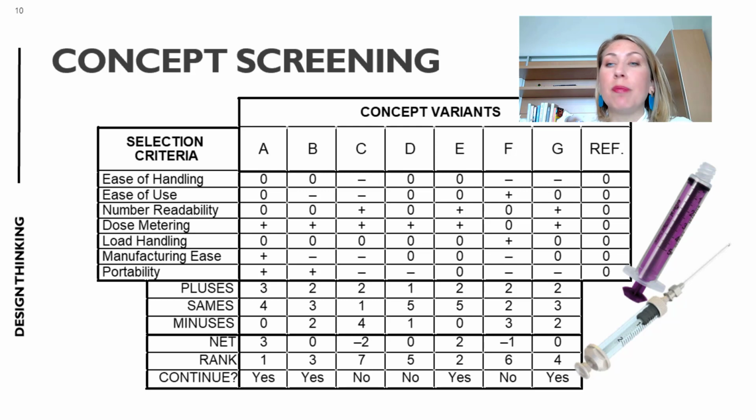So in this example, we're looking at the new design of a disposable syringe. It doesn't matter what, but in this example, the reference concept might be the syringe design that is currently in use. Okay, along the left-hand side, you'll see we've listed some of the selection criteria that we will want to evaluate against. The selection criteria here are not as comprehensive as the full set of needs that we identified earlier, but we've boiled them down to represent at least the primary needs in some of the